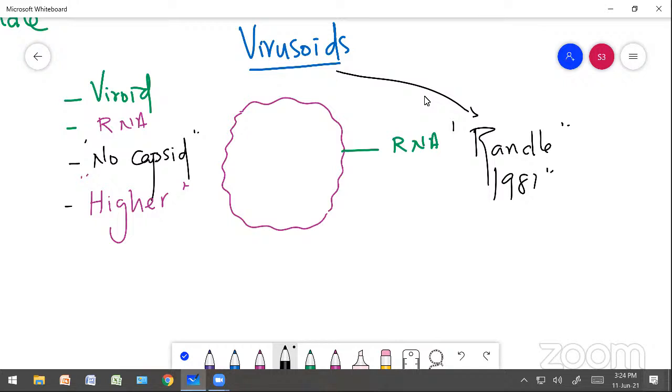I repeat once again, virusoid in short is a circular shape of ribonucleic acid or core material